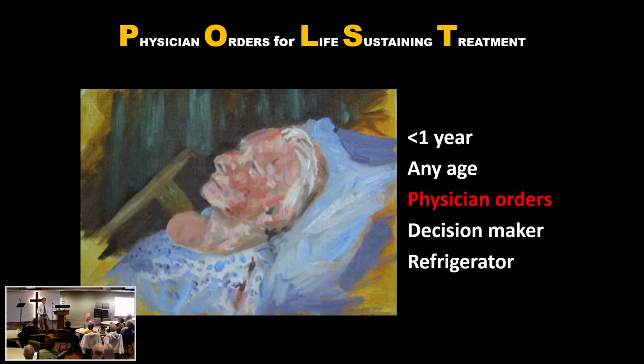So in Delaware, for the POLST form, you only have to be alive for less than a year. Any age, kids, anybody who's dying. And I, as a doctor, just have to say, I think you're only going to live a year and need a POLST form. Judy and I have executed two POLST forms on her sisters. They're very easy to get in Delaware. You get them online, print it up, fill it out, and take it to your doctor. And I'll say this again, physician's orders. In a minute, I'll tell you why that's important. A POA can fill it out. And guess what? It comes in a bright-colored envelope you put on your refrigerator.